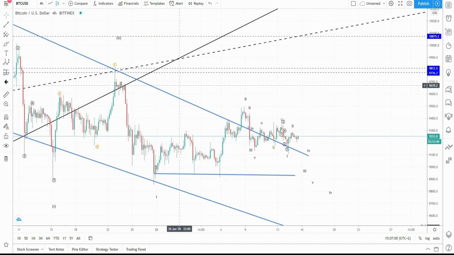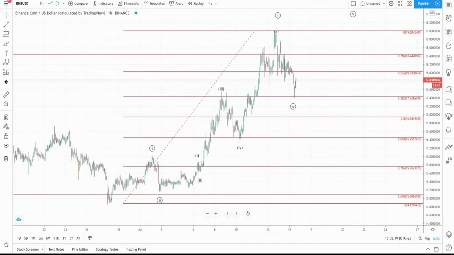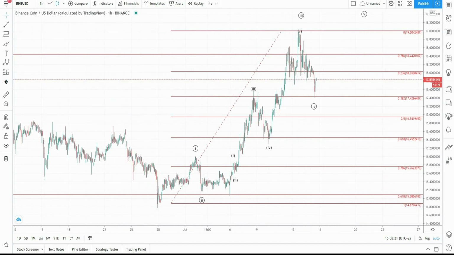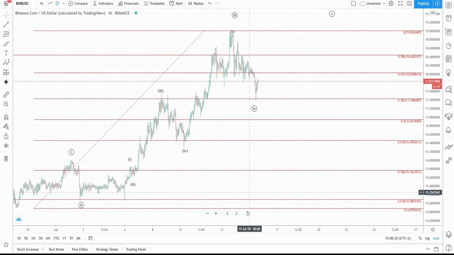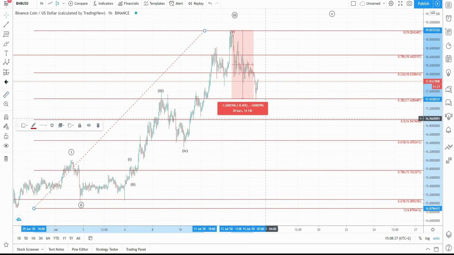Okay, let's move on to our next chart. The next chart we are looking at is for Binance against USD calculated by TradingView, and we are going to start off with the 1 hour chart, on which you can see that the price of Binance has actually been in a downside trajectory from the start of the week, and decreased more than 8%,